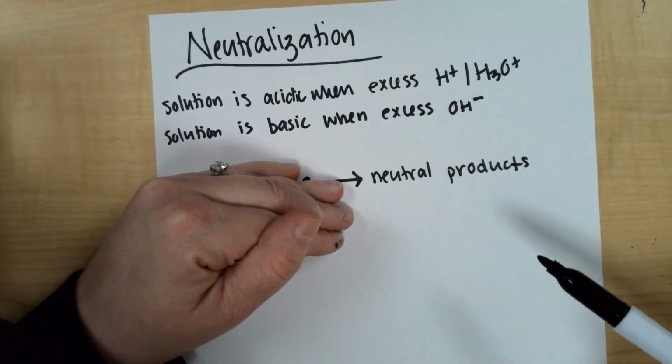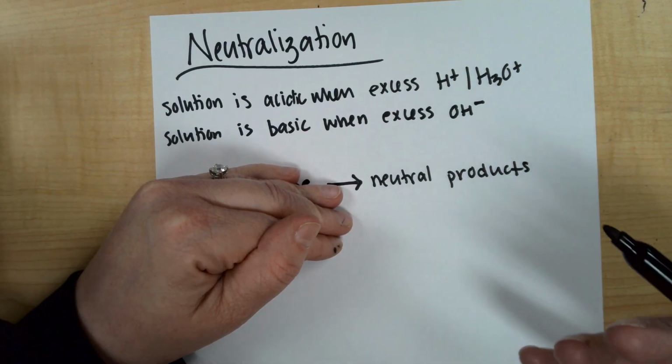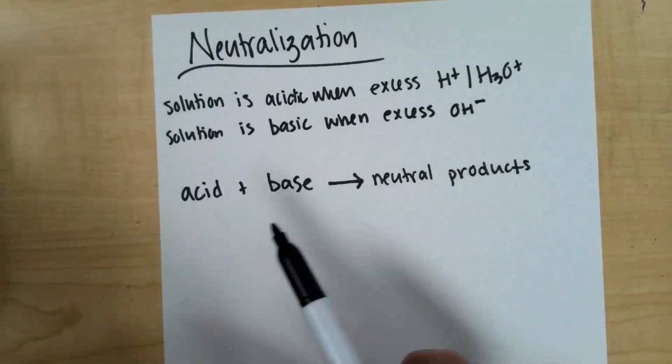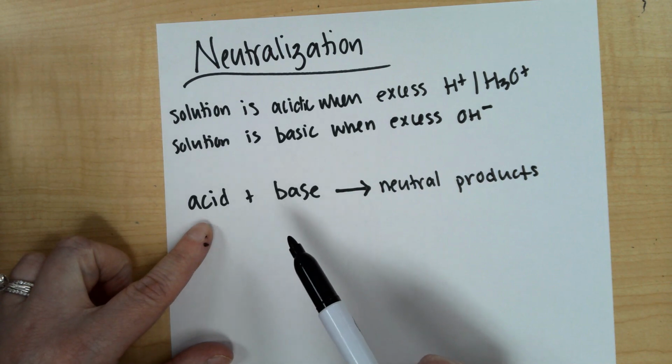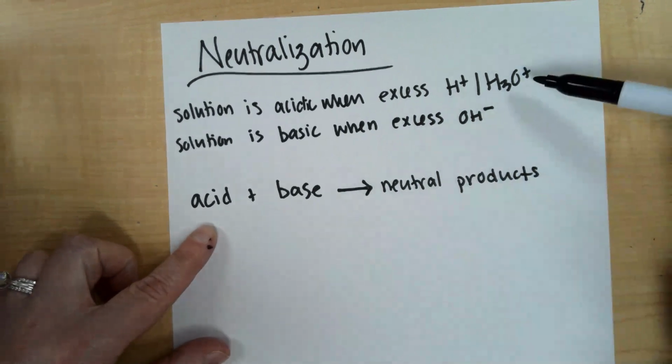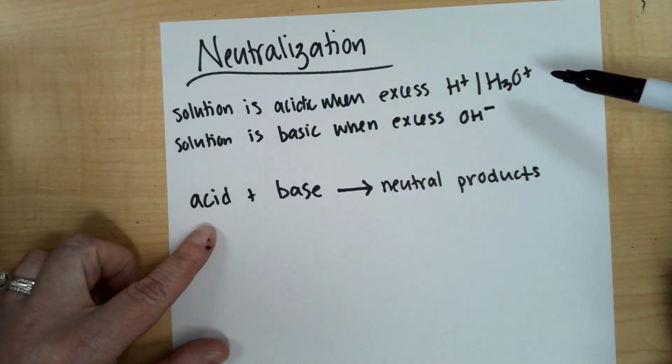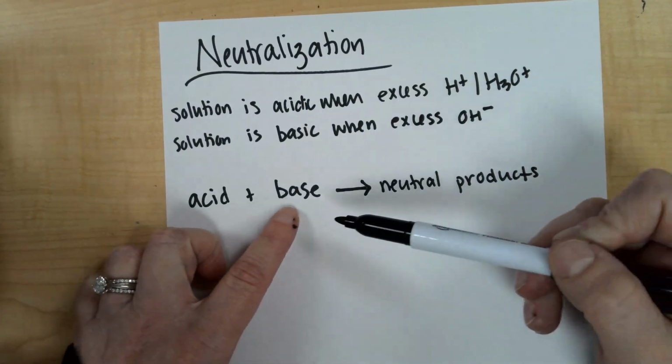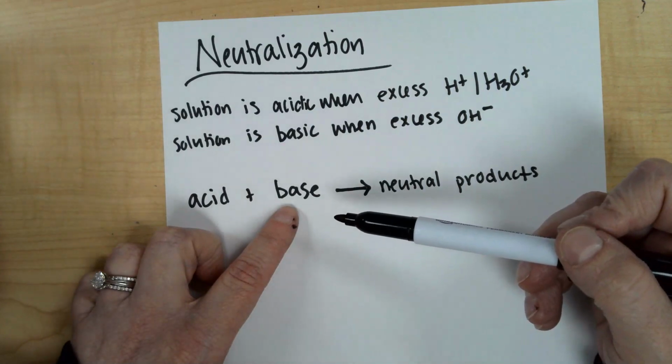Then and only then will we have a neutral solution. If we don't add these in the right amount, if we have excess acid, meaning extra H3O plus, that solution would not be neutral. If we didn't add enough base, the base was limiting,